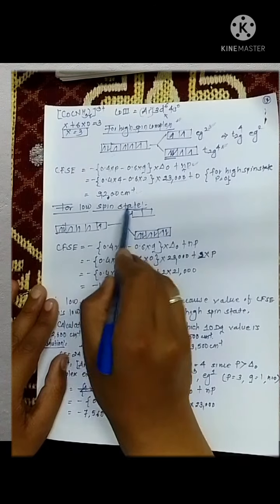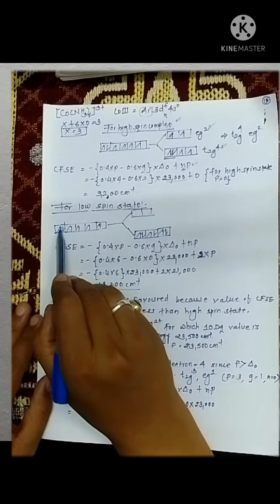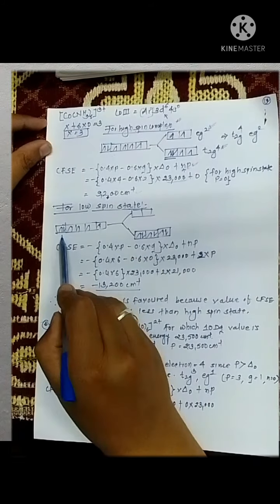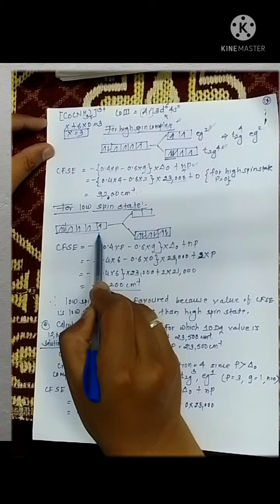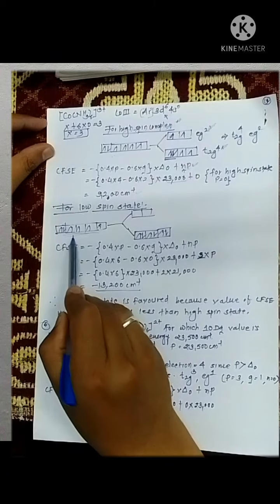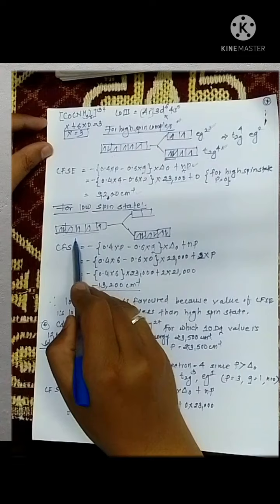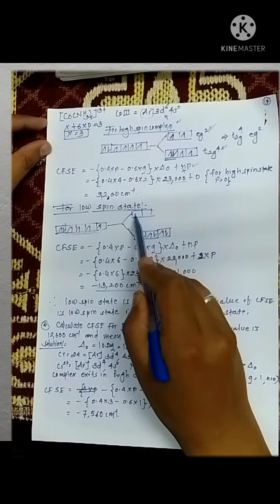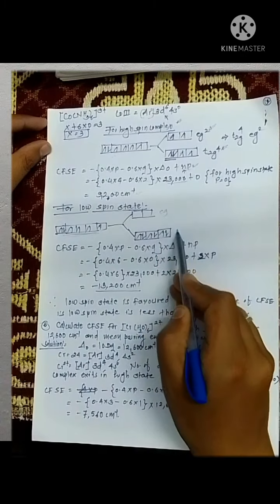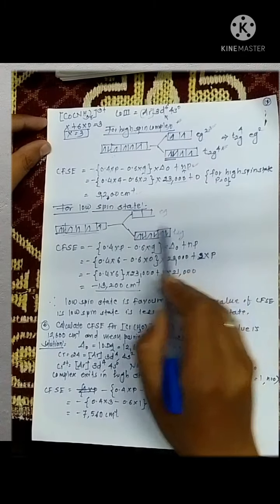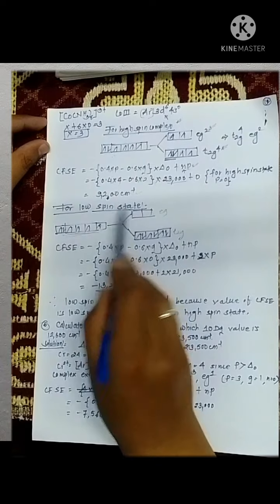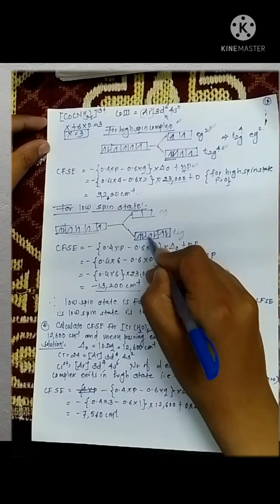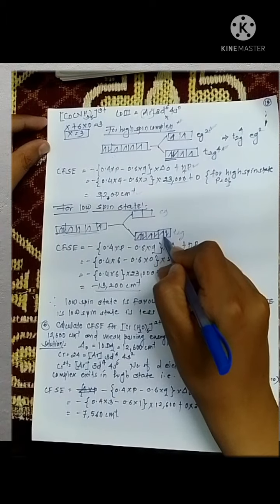Now for a low spin complex, what is a low spin complex? One which has minimum spin. This is the electronic configuration of your d6 cobalt 3 plus in isolated state. In presence of ligand, it gets split up into Eg set and T2g set. Now, since we are going to write the low spin state electronic configuration, students should note this: first electron goes here, second goes here, and third goes here.